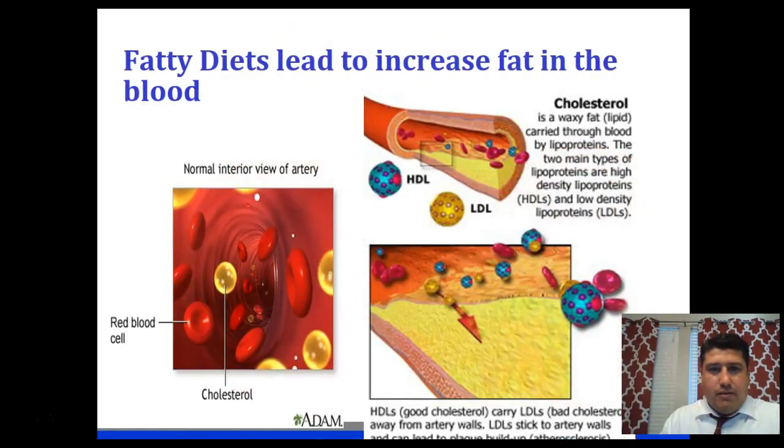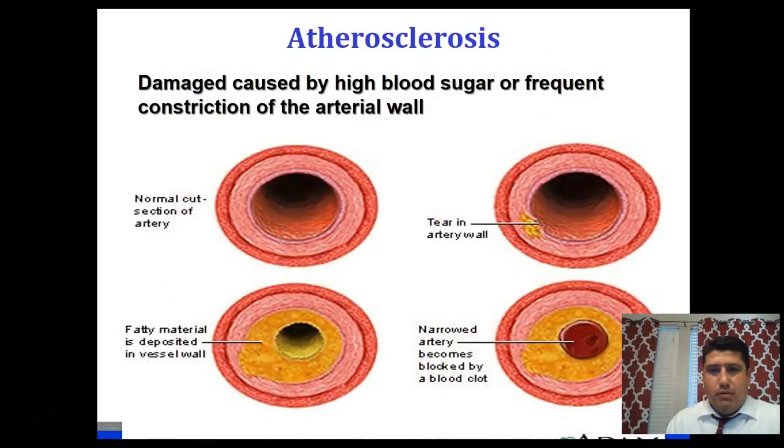I guess the final slides are talking about atherosclerosis, or the development of plaque inside the arteries. You can see that this is a cross-sectional diagram of an artery. If I was to cut an artery in half and peep inside the hole of the artery, this is what it would look like. A normal, healthy, usually a younger person's artery looks like this, but eventually everybody suffers injuries to the internal lining of the artery. The less healthy you are, the more injuries occur. Even the healthiest of people will suffer from an injury, but they're minimal.